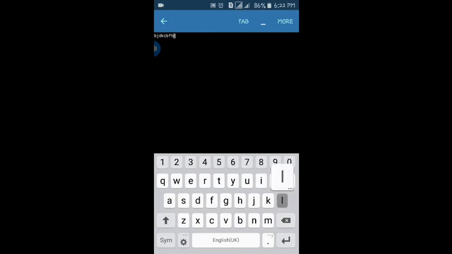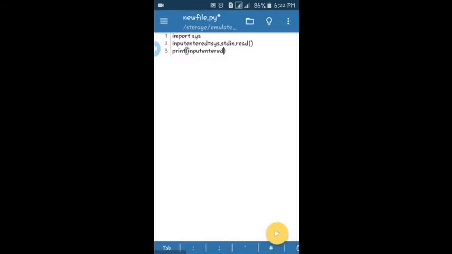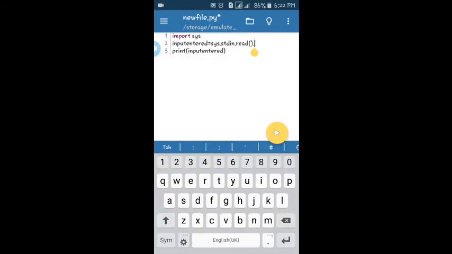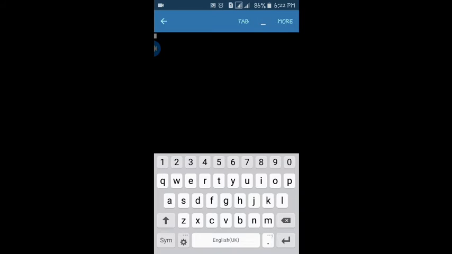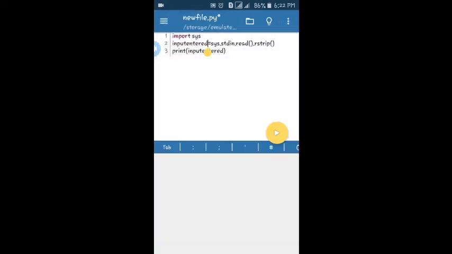You can type anything here. I will type Pyland. Oh wait, sorry. Dot rstrip. Let me see. Okay, for that I will use a for loop.